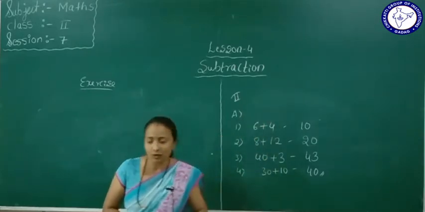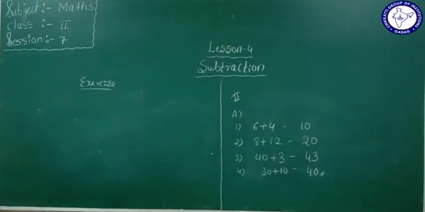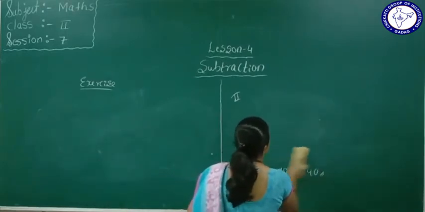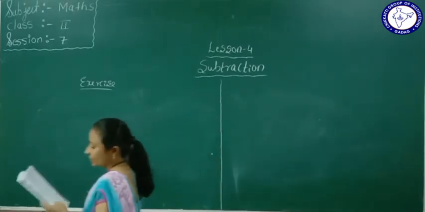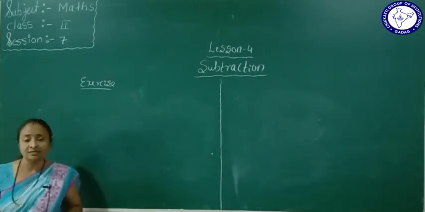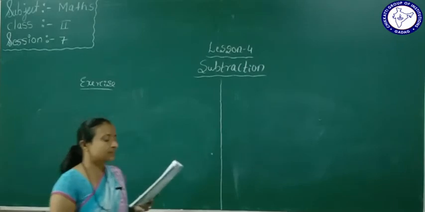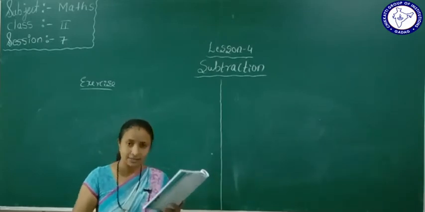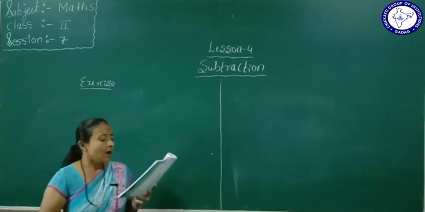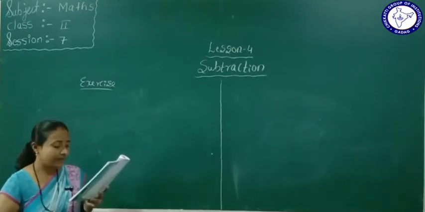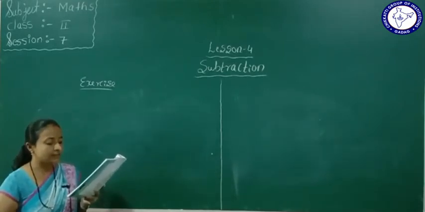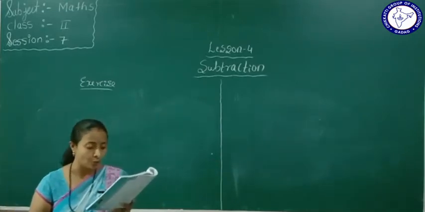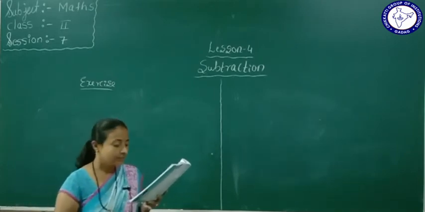The remaining ones, complete all of these orally. Okay, next one. Identify whether the given problem is addition or subtraction. Discuss whether the given day-to-day problems are related to addition or subtraction. I'll tell you here. Mary had ₹75. Her brother Thomas gave her ₹18. How much money does Mary have now?